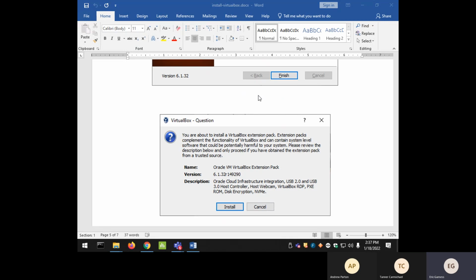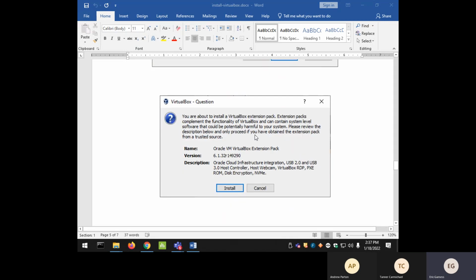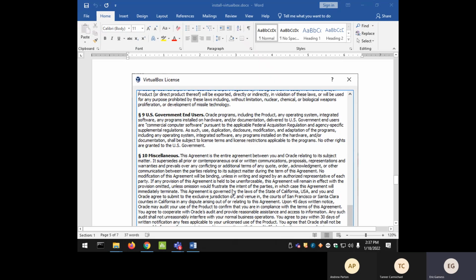So you double click on the file that you downloaded. It will show you this warning saying that be sure you download the extension pack from the website of Oracle, no? You know that we have, unfortunately, a lot of people that try to hack your machine. So be sure, it's just a warning. Since we downloaded from the web page of Oracle, we will just click on install, and it will show us a